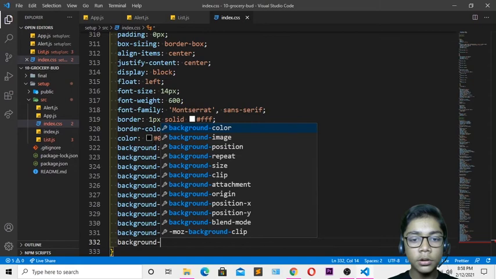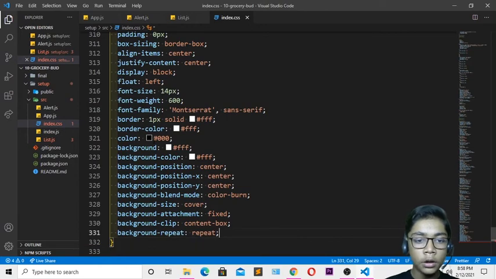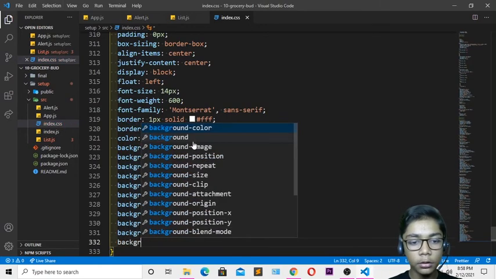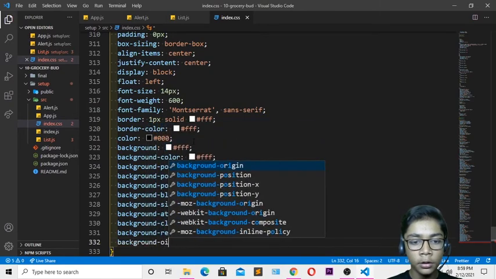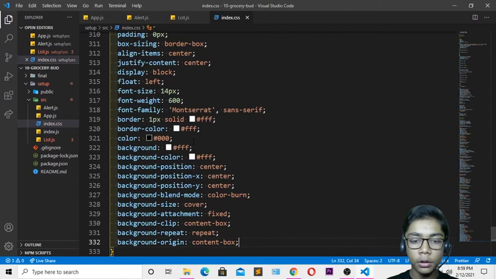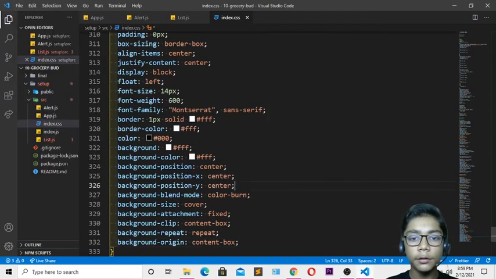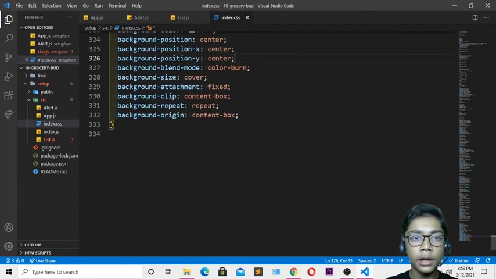So when you've defined all these things, I will be writing a background-clip. So just erase that from here. We have defined all these things, now it is enough. You have to define one more thing which is called background-origin. I'll be writing a background-origin which should be content-box. So now it is enough, and you have to hit save. You can see we have defined all the things which we have to define, and now it is perfect and ready.